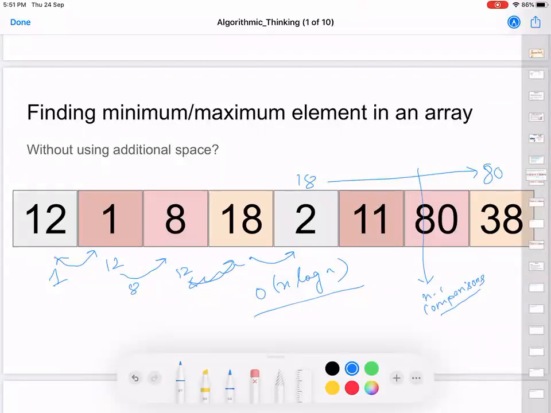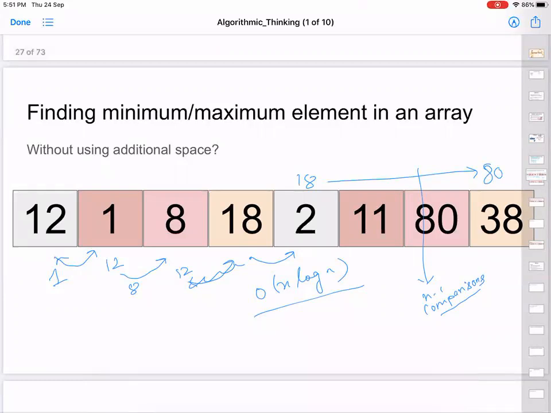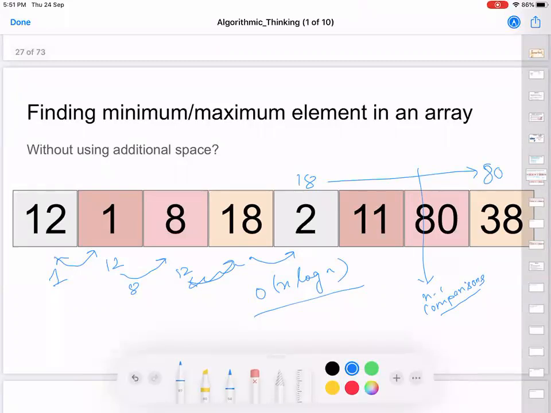But assume that your application is such that swapping is costly as compared to comparison. So you would want to use an auxiliary space. However, if swapping is very less costly and your space is more costly, then you can go by this particular approach where you end up doing a lot of swappings without using any particular space. Okay.